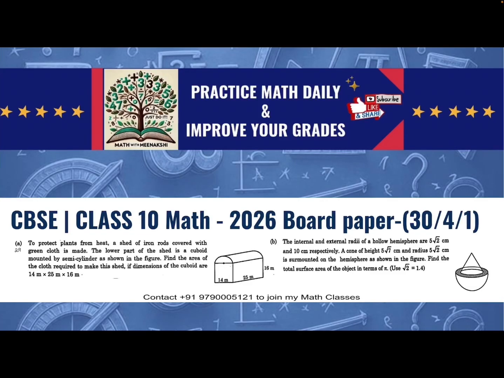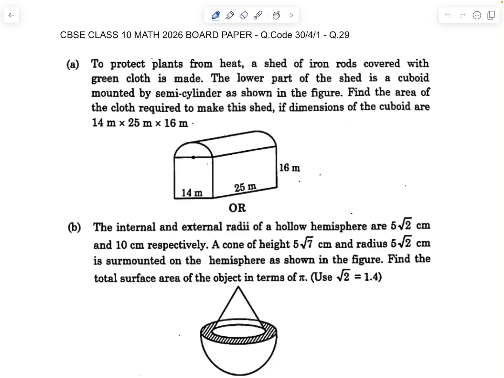Hello all, in this video I am going to solve question 29 part A and B from CBSE grade 10 standard math 2026 board paper. The question paper code is 30/4/1. The A part of question 29: to protect plants from heat, a shed of iron rods covered with green